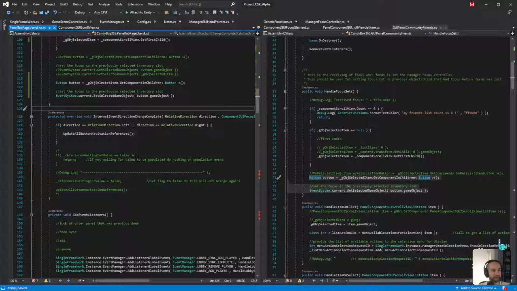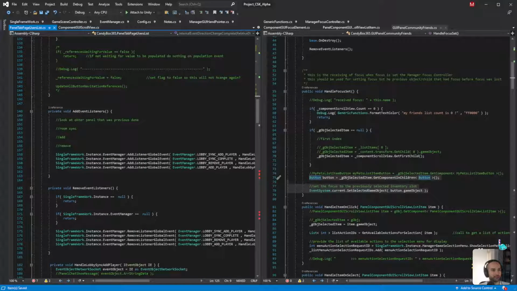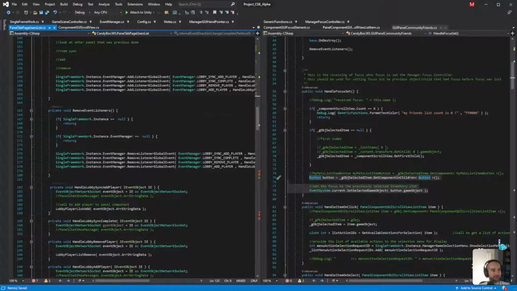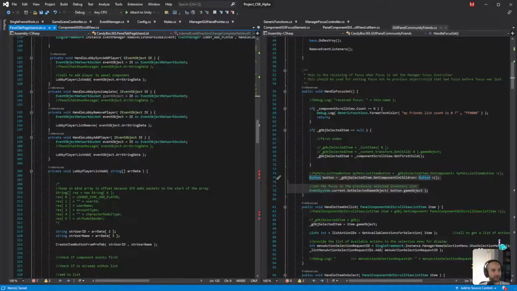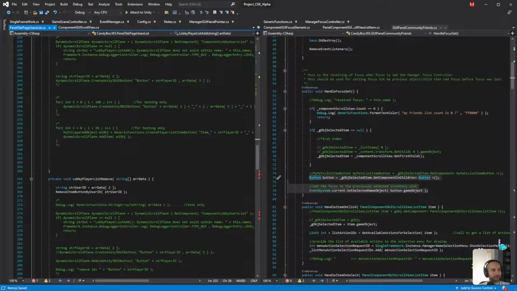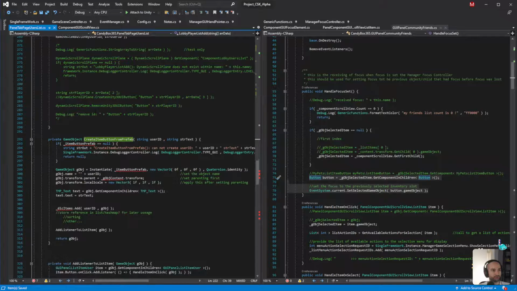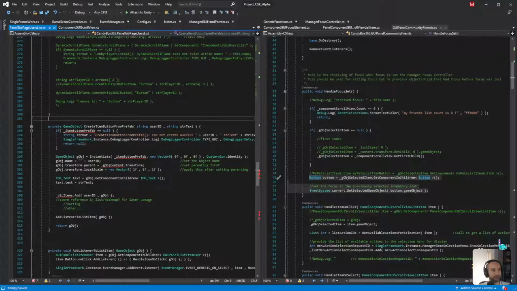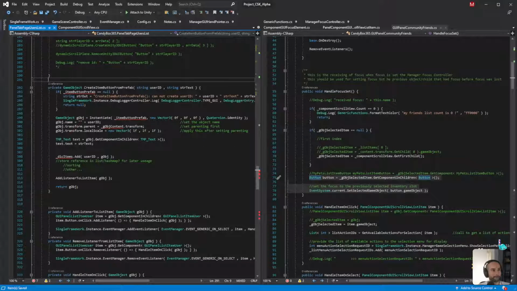Left and right, I think I'll leave that one in. Listeners, I'll definitely leave that in. Player add, this is going to be modified. Remove, add, okay, so this is going to be changed.